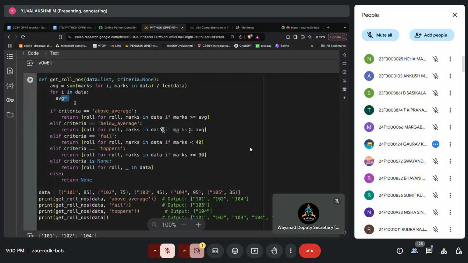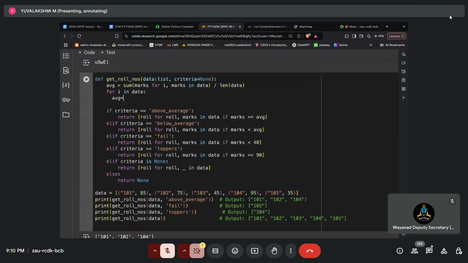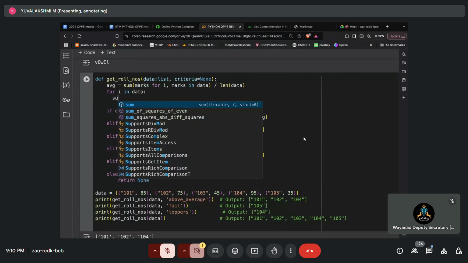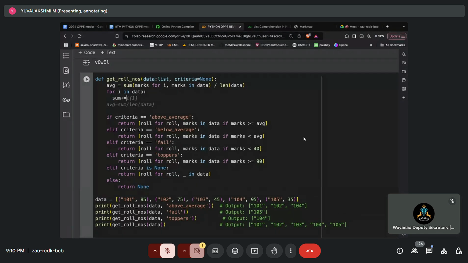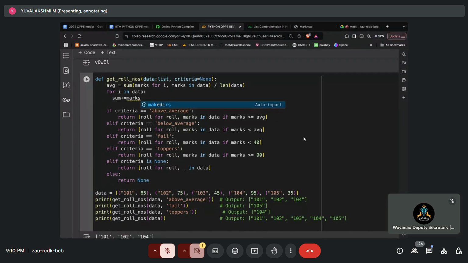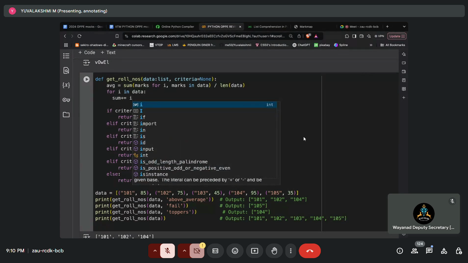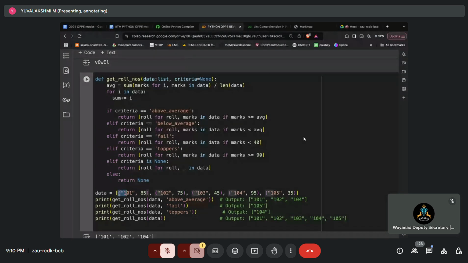Ma'am, can you write one more code without using list comprehension? Yes, that's what I'm doing. Can you explain this whole thing? Yeah, that's what I'm doing. Okay. So sum is equal to, okay. So you're going to do the marks, right? Okay, i. What you're having in i is the whole thing. So in i you want to get the 85. So this is index 0 and this is index 1. So you're going to get